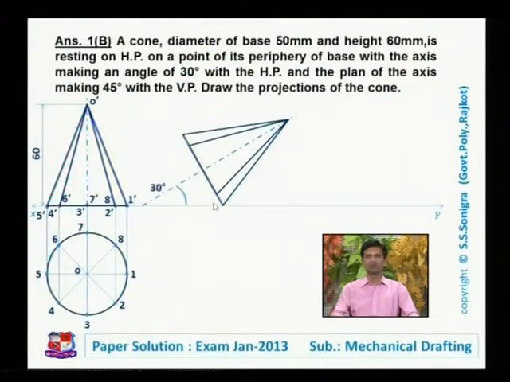Measure this dimension over here, put it arc over here, or you can cut arcs or measure the dimensions, put it over here. Now after drawing this, name these points, transfer these points over here, 1 dash, 2 dash, 3 dash, 4 dash, 5 dash, 6 dash, 7 dash and 8 dash, and apex point O dash over here. So we have redrawn this figure over here at an angle of 30 degree with XY line.